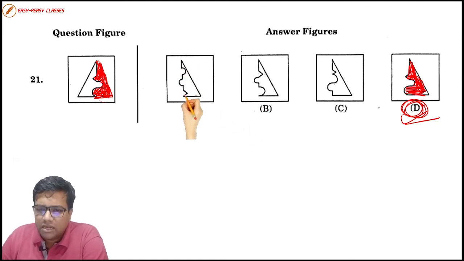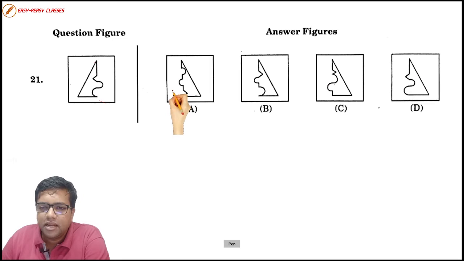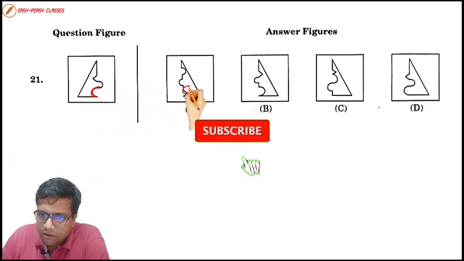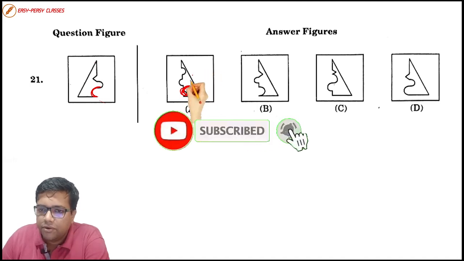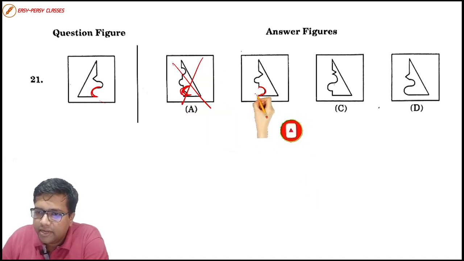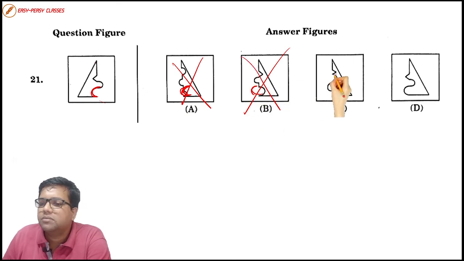Even if you carefully look at option number A, right? There is another method as well. There is a curve like this. Do we have a curve over here? No, we don't have any curve, so you can eliminate it. You have a curve inside it, but we need it somewhere outside. It should have been outside, so we don't have it here. So we eliminate option number B as well.